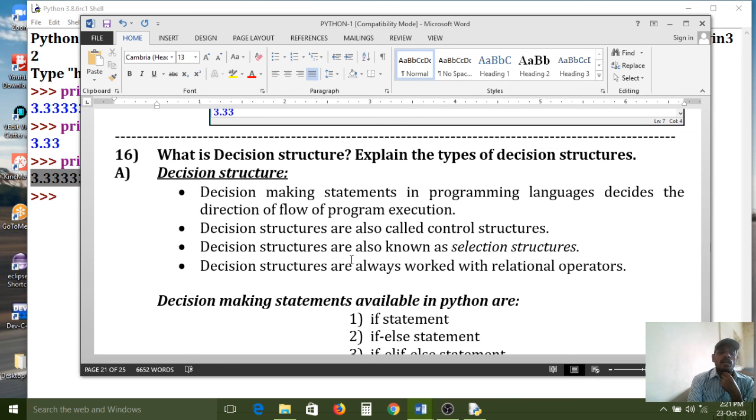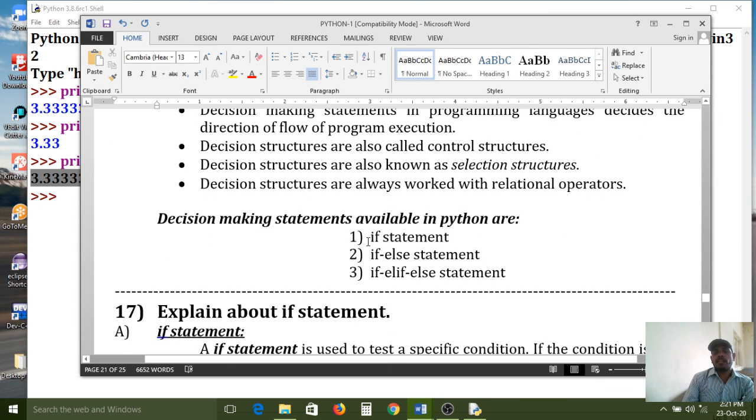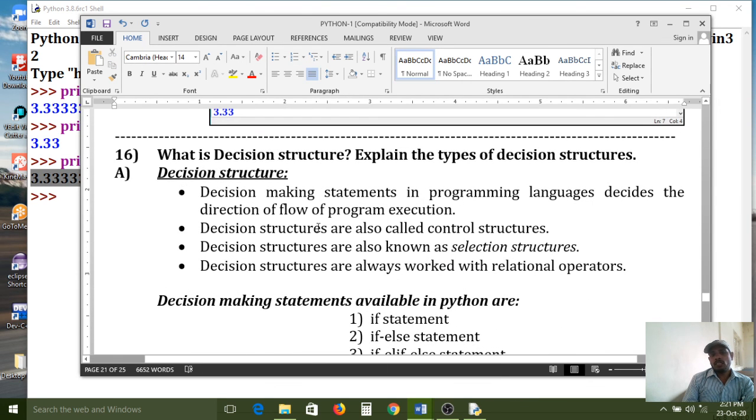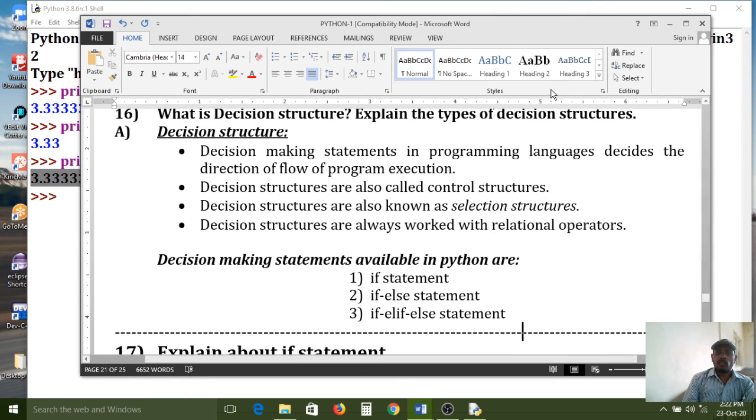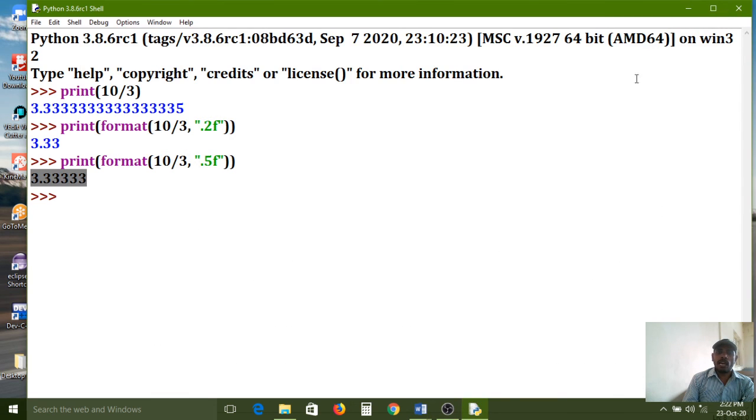Like that, in the Python programming language also there are 3 types of conditions: if statement, if else statement, if elif statement. Elif means else if. In the next session we will discuss all those things. Thank you very much. Today I am ending this session.